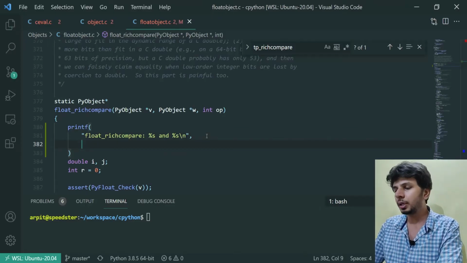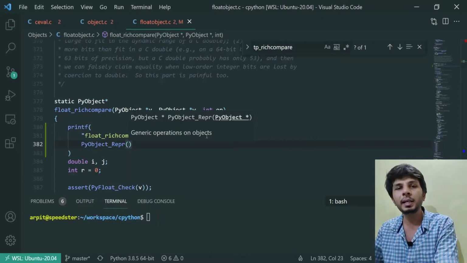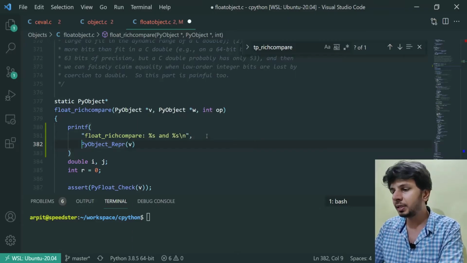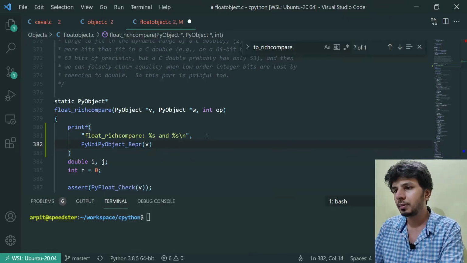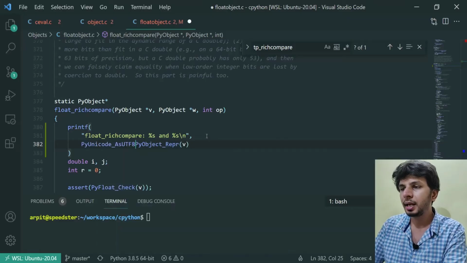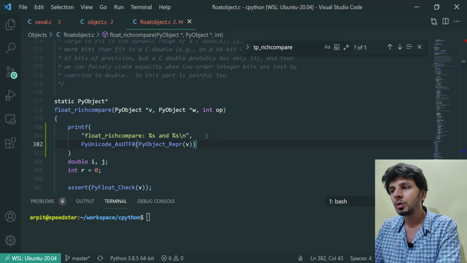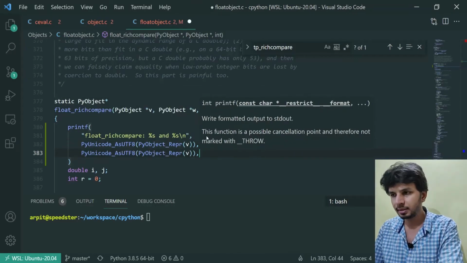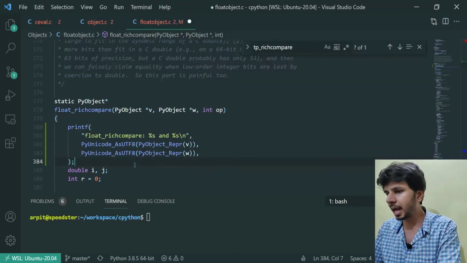So I'll take the PyObject wrapper, the wrapper representation of my object, say v, and then I'll convert this wrapper into PyUnicode_AsUTF8, basically converting it into a const char *, which is a native C type, so because of which I can print it as a %s, like a very simple thing, right? And I'll do it with w as well, right? And now we have this thing.